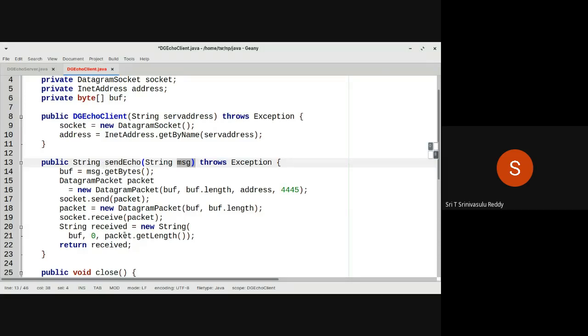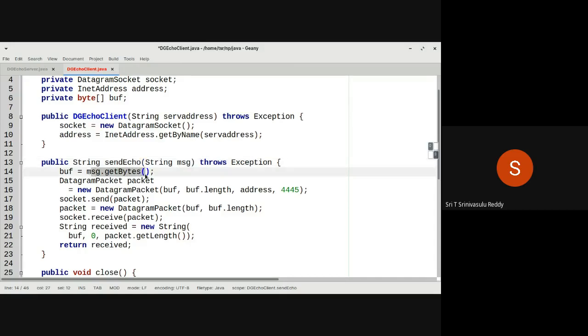Now, what is to be done here? This is the message that you want to send. Before sending, what is to be done? Convert that data into an array of bytes. We have already seen how to convert a string into an array of bytes. You don't have to declare an array with a known size; only declare a byte array variable. So buff is already there. You say now buff equals message.getBytes.